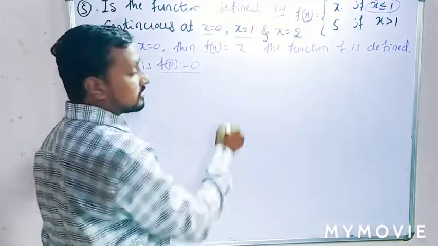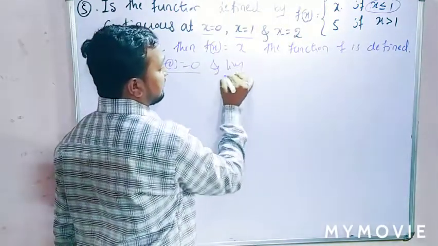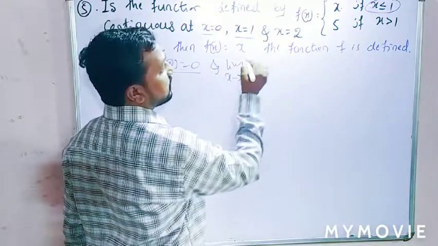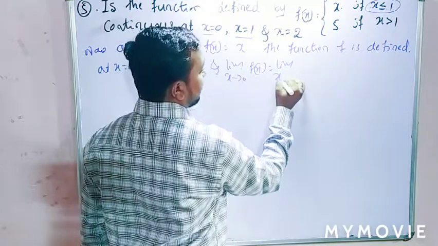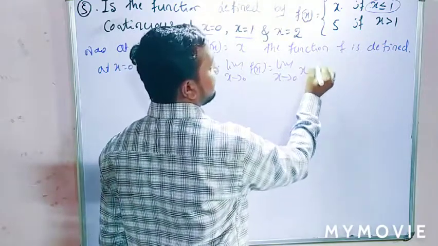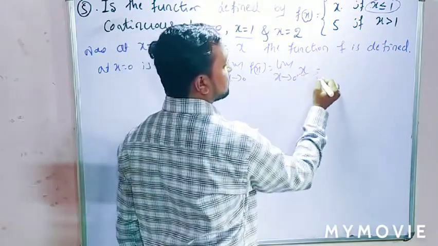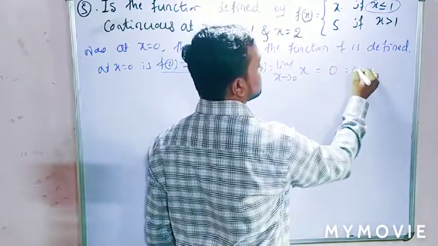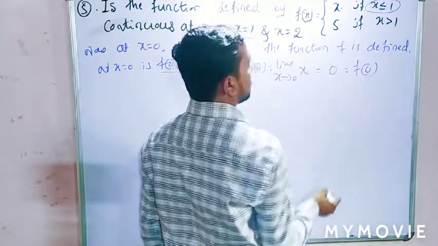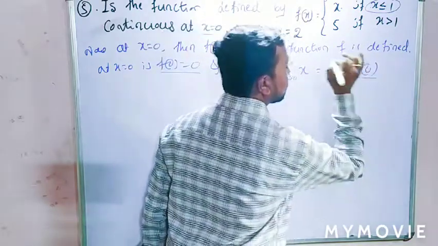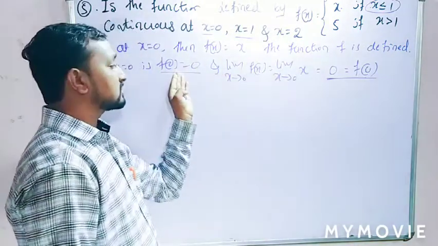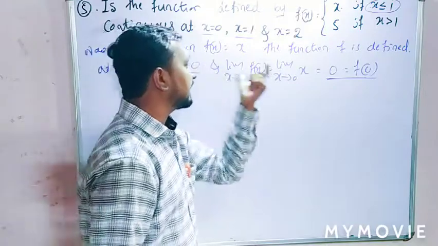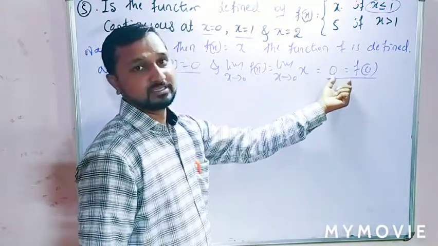This is the constant function, and the limit of f of x as x tends to 0, what is your f of x? f of x, that is equal to the limit as x tends to 0 of x, so that is also 0. So this is our constant function. Here the limit function is equal to the constant function. Is that clear? So the constant function is also 0 and the limit function is also 0.